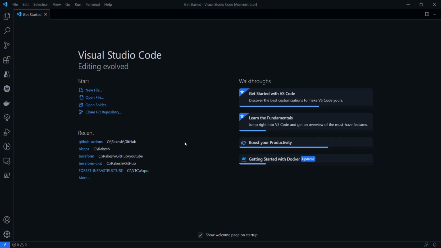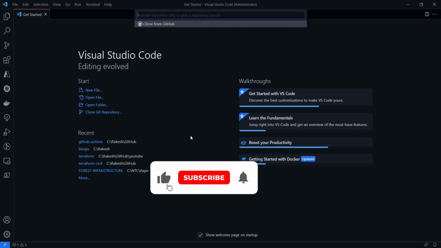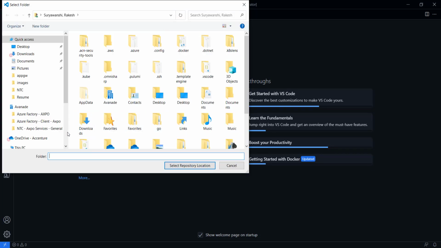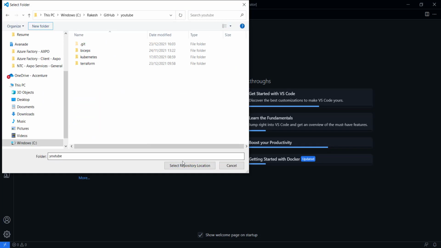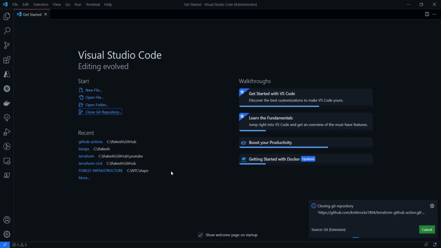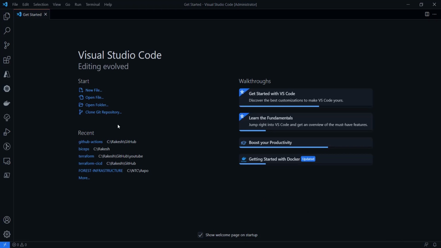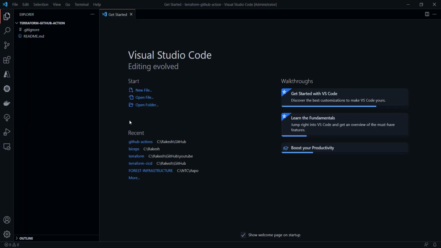This is my Visual Studio Code instance where I'm going to clone this repository. I'll click here on this link, Git Clone. If you don't want to click here, you can simply type the command git clone, and then type this URL, and that will perform the same action. Select location. That will create the GitHub repository at this location. It asks whether to open the cloned repository. I'll say yes, so that it will open the repository here in my Visual Studio Code.